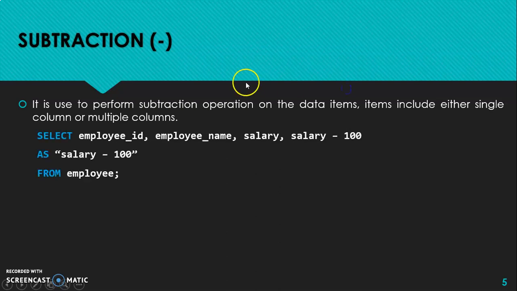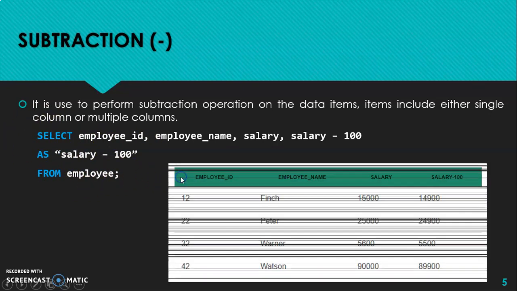Considering the same example: select employee ID, employee name, salary, and this time we are using salary minus 100 as salary minus 100. This will again be the column name. This column is not actually present in the table. We are creating it when we use the select operation from the employee.